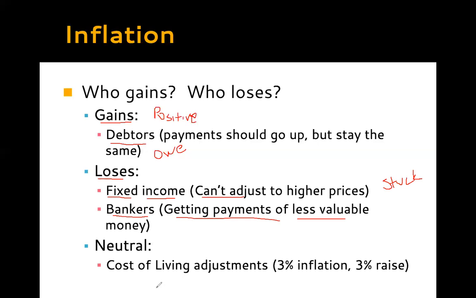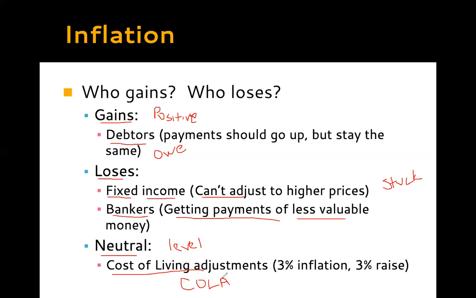Okay. Now, some people are neutral in this situation. In other words, some people level out. Even as prices go up, some people have what they call cost of living adjustments. You may sometimes see this written, and I, for the longest time, not being an econ teacher, didn't know what this was, but you may see things written sometimes in all capital letters as COLA, okay? COLA payments or things like that. It's cost of living adjustments,